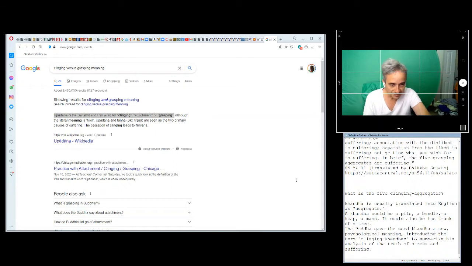It could also be a trunk of a tree. So Pali is a language that, well, it's extinct now. But if there were people that were speaking Pali, it is assumed that it was the language spoken by the people